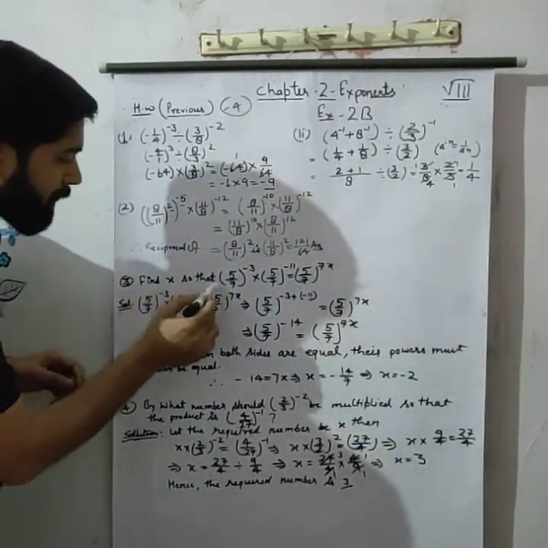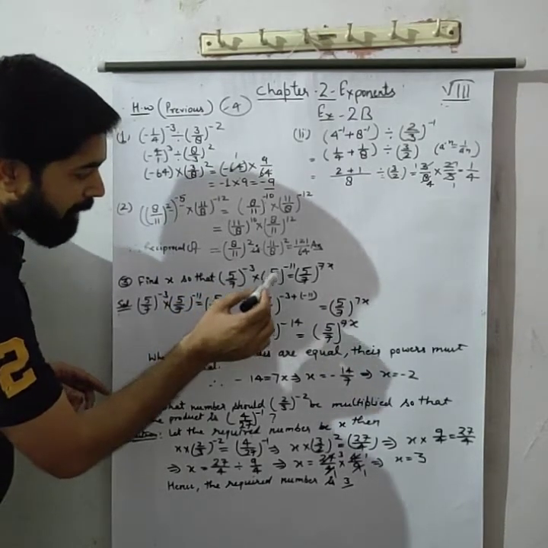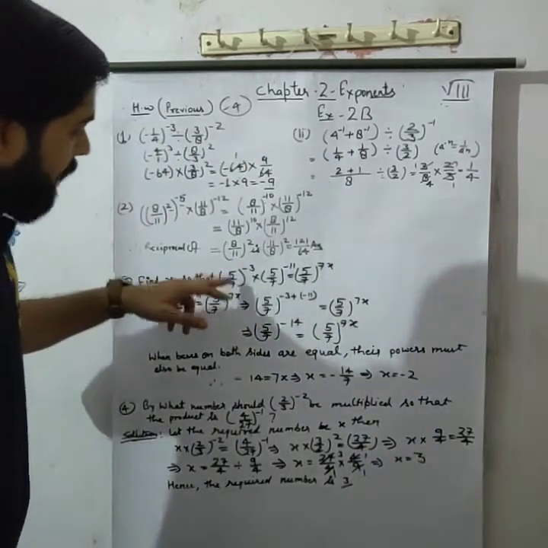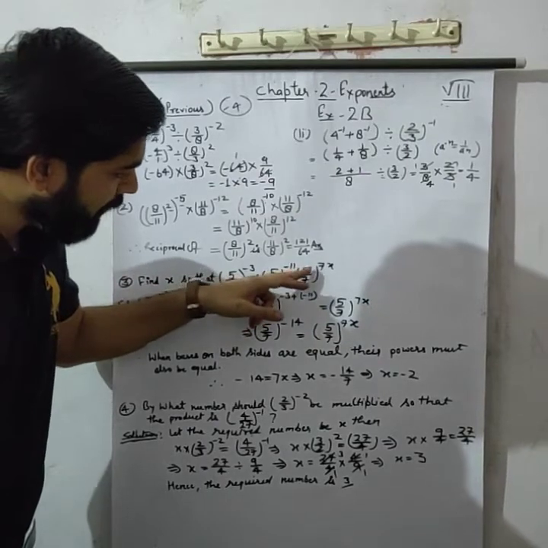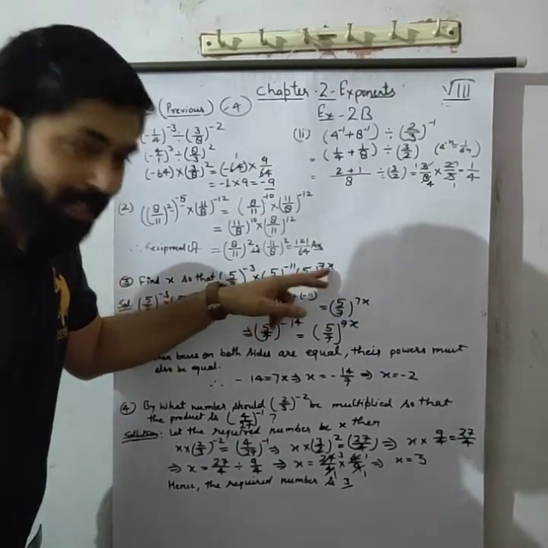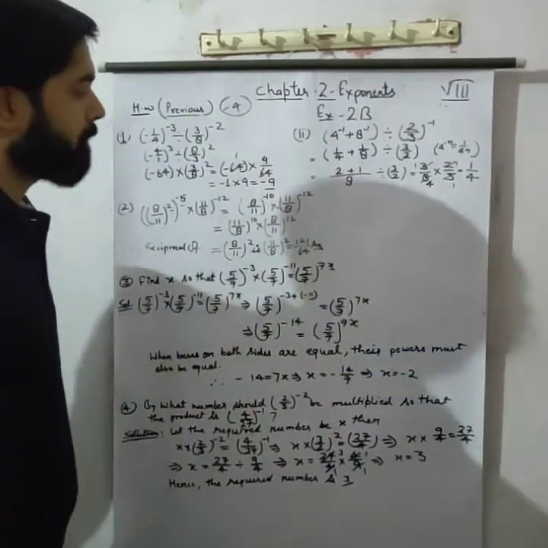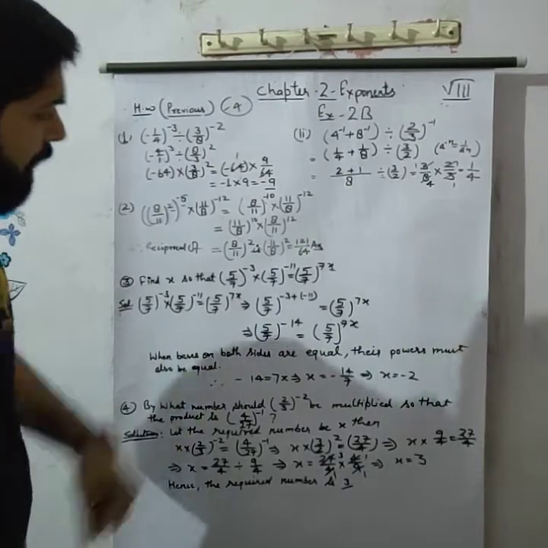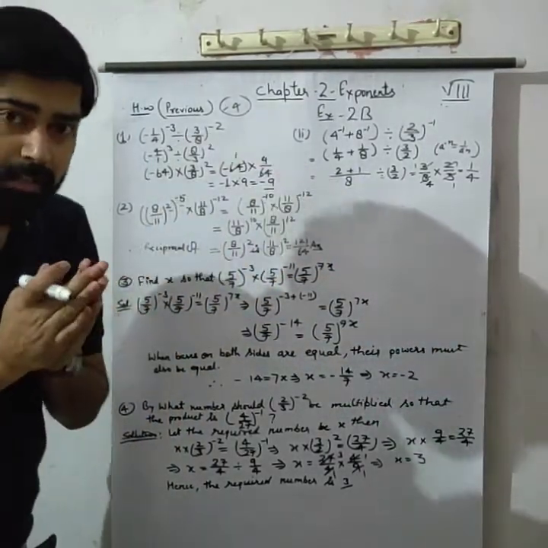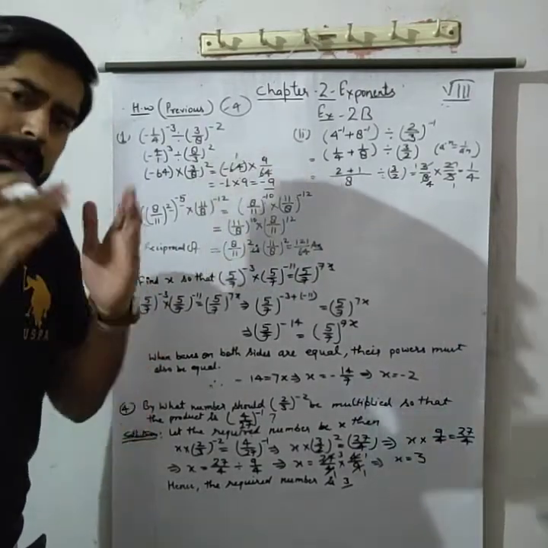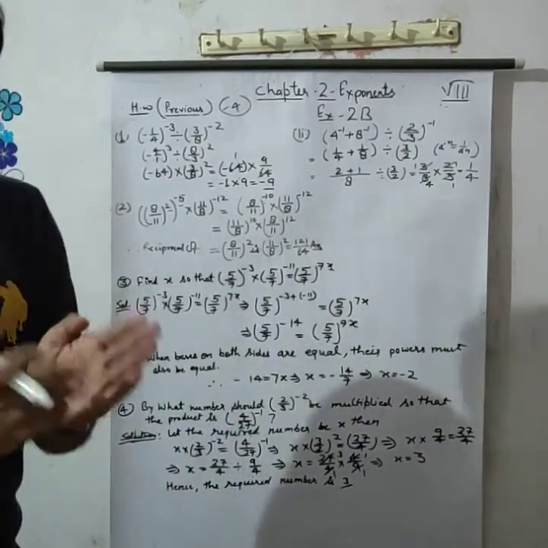Look here, find the x so that (5 upon 7) raised to the power minus 3 multiplied by (5 upon 7) raised to the power minus 11 is equal to (5 upon 7) raised to the power 7x. And then the question is saying find the value of x. Where is x given? In exponential questions, firstly match the bases, then match the powers, then think about which rule you can apply there.